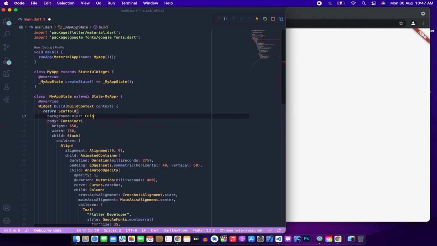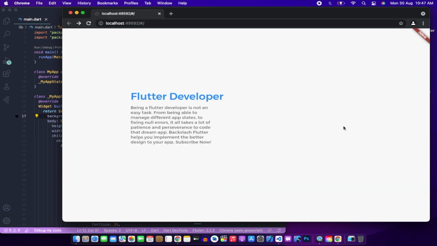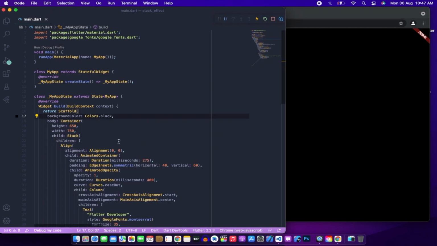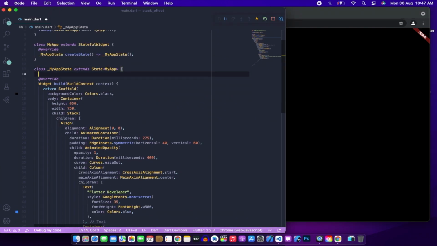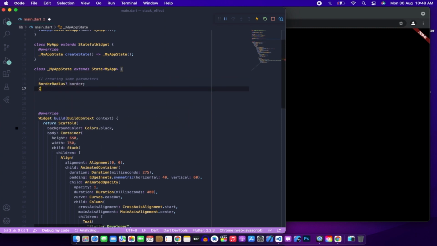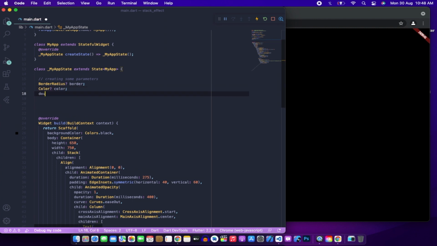Also let's change the background color to black. Now the most important thing is we need to create parameters for our app. These parameters would be border radius, color, height, width, text appear and animate.